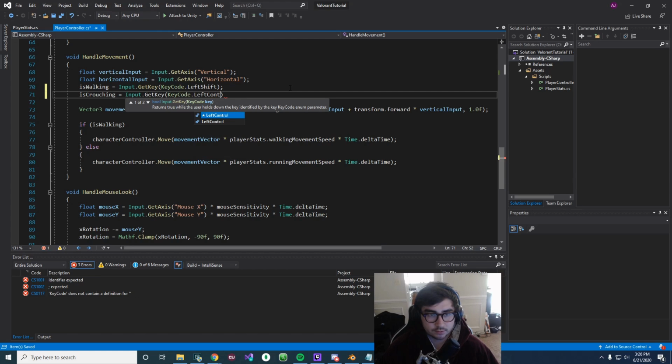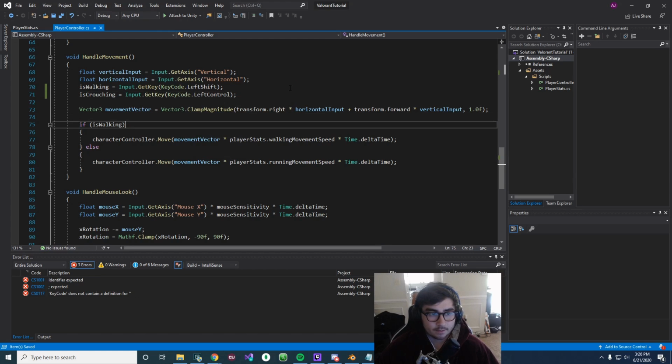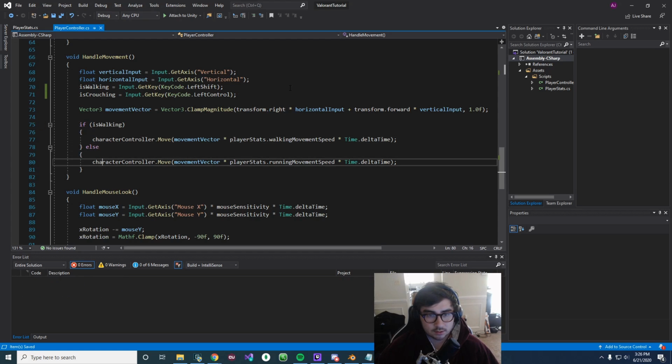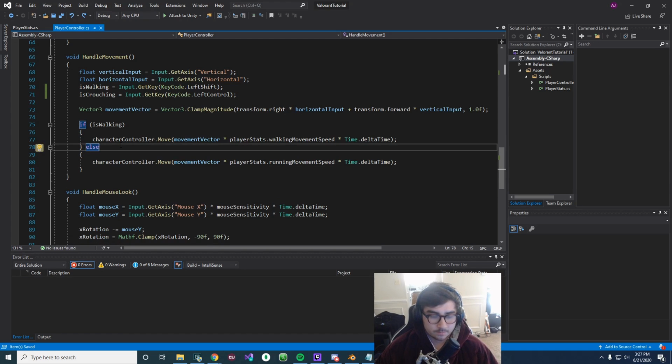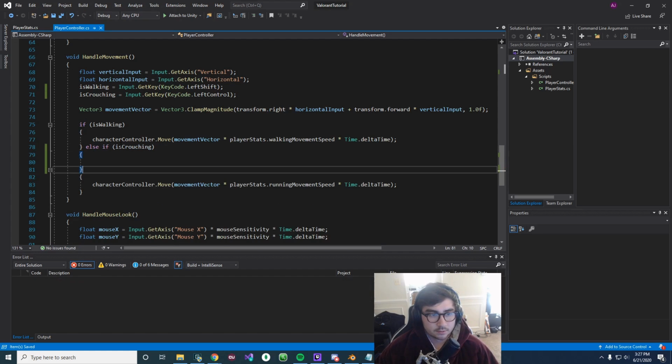is it control, right? Left control. Okay, and then so we have this if isWalking, else, and we're doing this movement speed, walking movement speed times running movement speed. Now we'll have a crouching movement speed, which is generally slower than walking movement speed. So let's make another statement. So let's just say else if isCrouching, else, right?